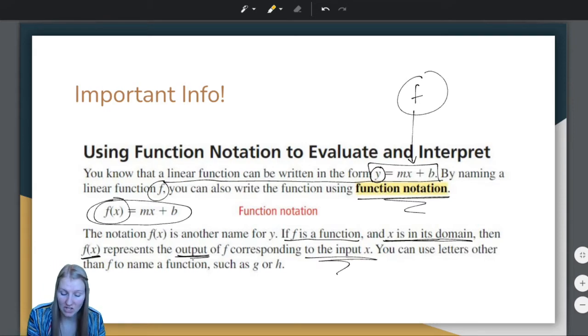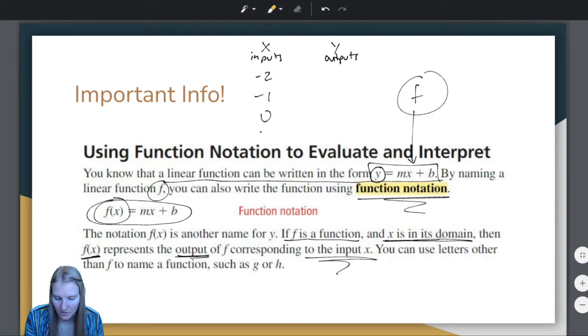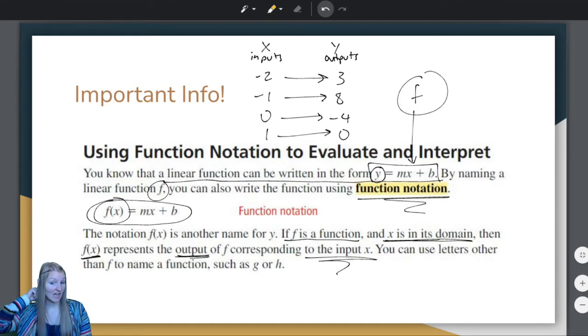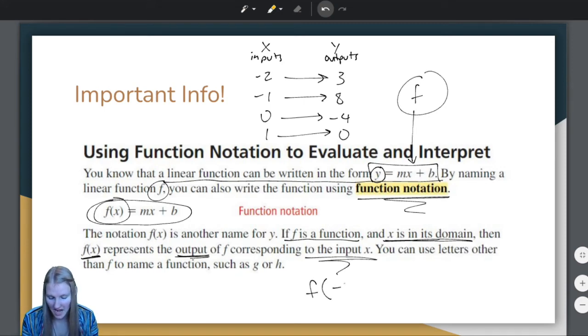So what that means is, remember, we would have our inputs, our x's, and we would have our outputs, our y's, and we would have some numbers pointing to numbers in the outputs. So what we're saying is, if I take f of -2,